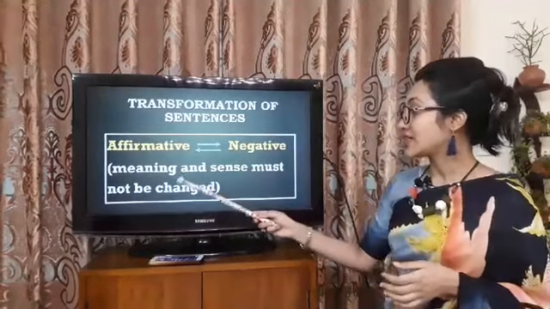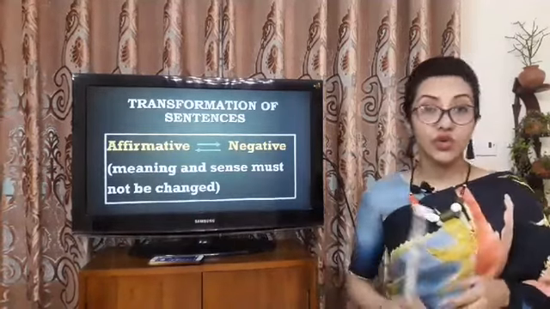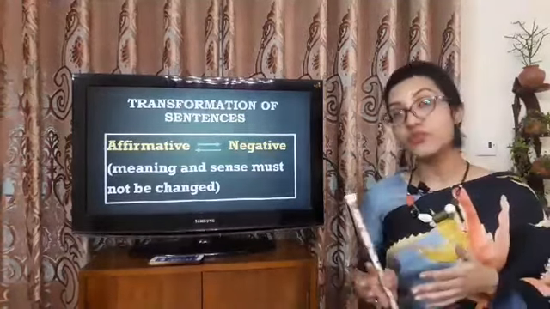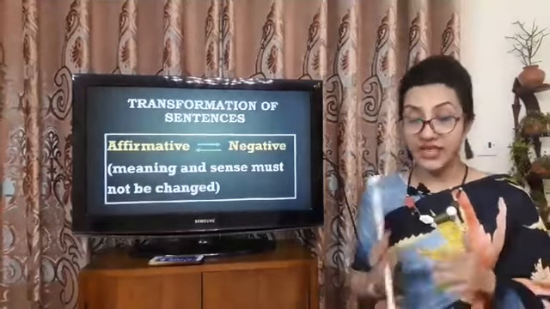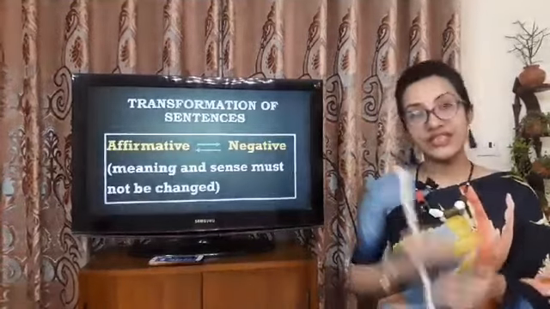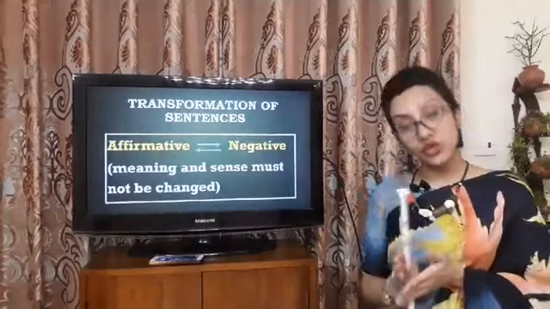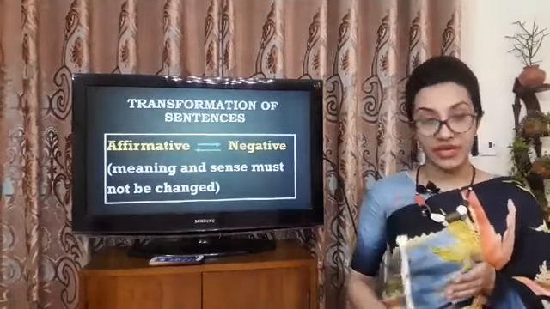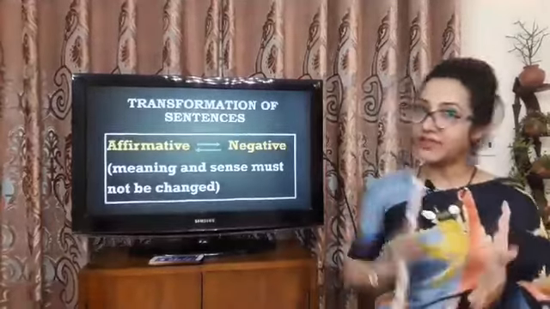So as we can see here, meaning and sense must not be changed. So while we are doing transformation, the first thing that we should focus on is the meaning must not be changed. That means the sense and meaning should be intact. তোমার যে সেন্সটা রয়েছে সেন্টেন্সে অথবা যে মিনিংটা রয়েছে সেই মিনিংটা সঠিক রেখে বা অপরিবর্তিত রেখেই আমরা কি করব? অ্যাফার্মেটিভ থেকে নেগেটিভ করব অথবা নেগেটিভ থেকে অ্যাফার্মেটিভ করব।